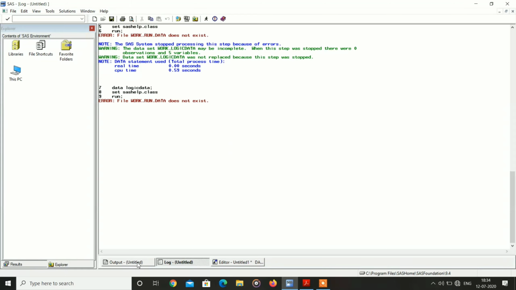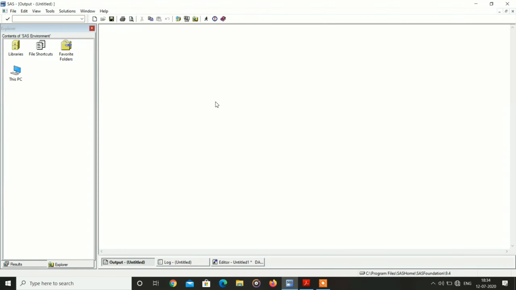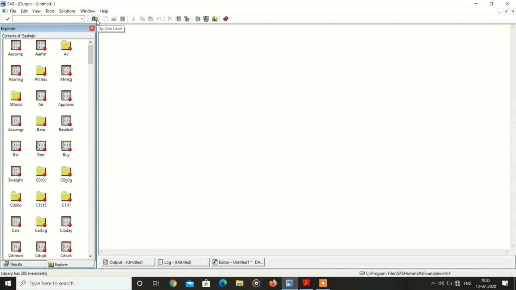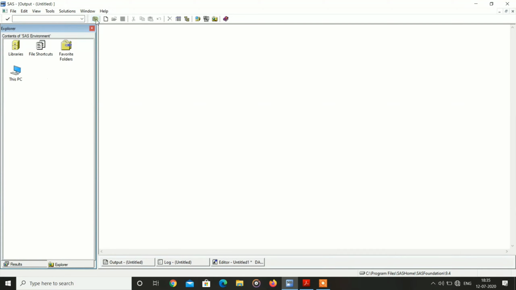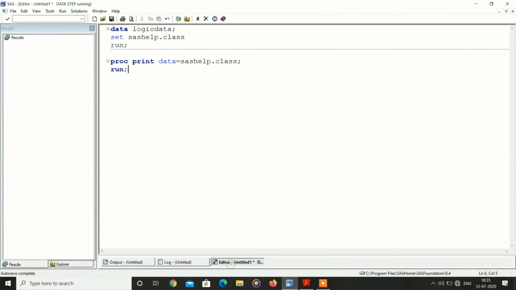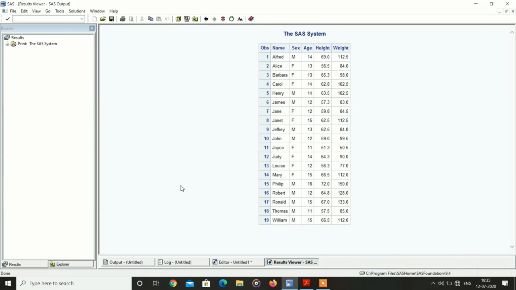Coming to the output window, after execution it automatically produces the dataset here, but here it is blank because it's not working from SAS 9.4. Coming to the explorer window, it contains libraries, SAS files and formats, and a library contains different datasets like this. Coming to the result window, printable results or reports are shown in the result window. For example, I have already written a program and am submitting it. Here, see, the result viewer is displaying the report.